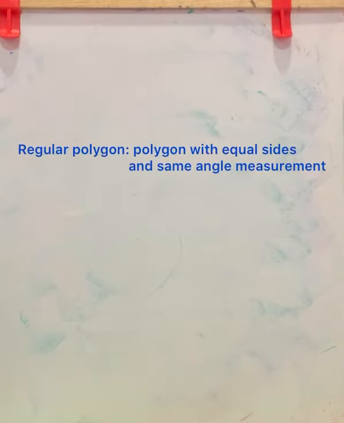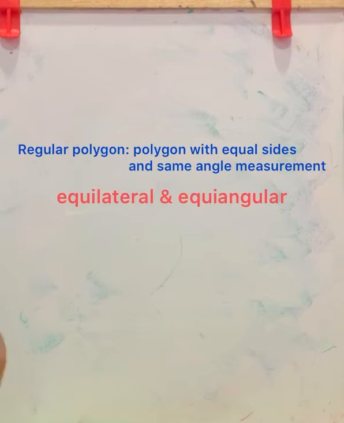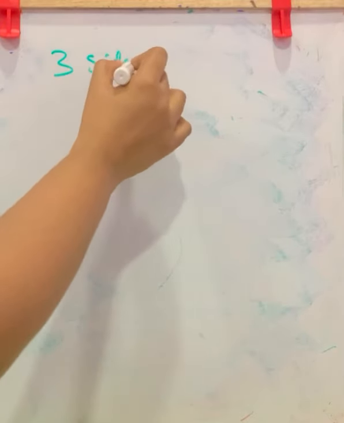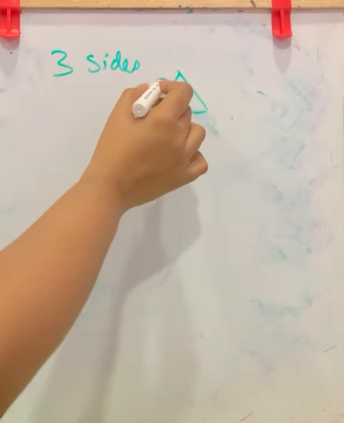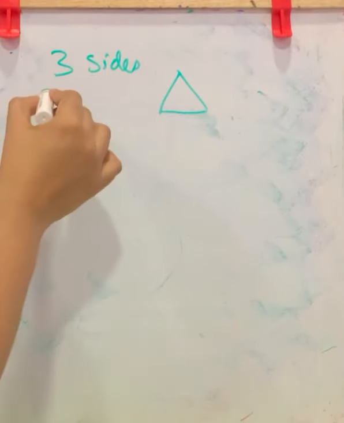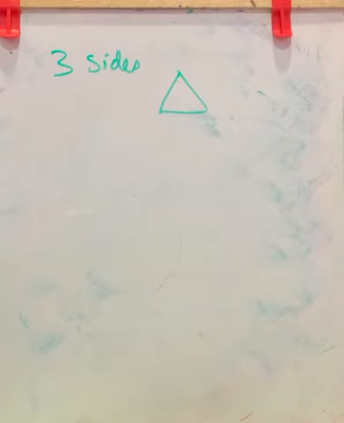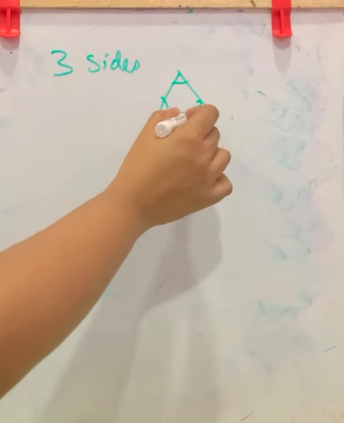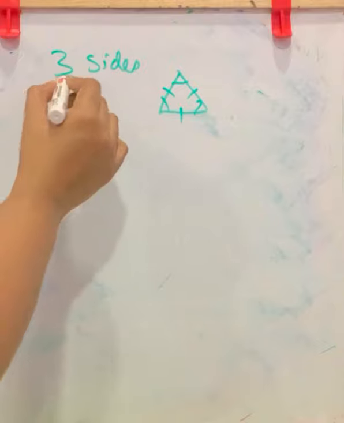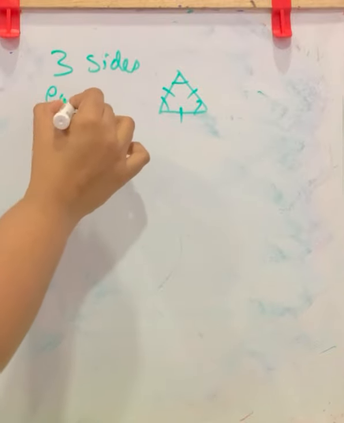Next question, what is a regular polygon? We have already learned that a regular polygon is a polygon having sides of equal length and angles of equal measure, that is equilateral and equiangular. Now state the name of a regular polygon of 3 sides. If it is 3 sides, it is a triangle, but equiangular and equilateral means which type of triangle? Equilateral triangle. In that all the angles will be equal and all the sides will be equal. So a 3-sided regular polygon is an equilateral triangle.